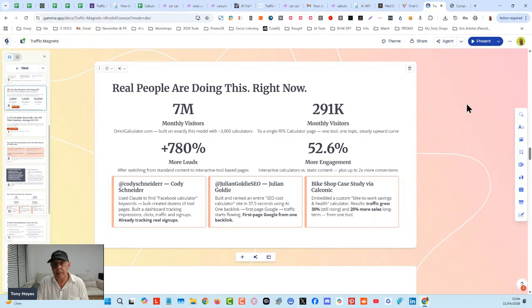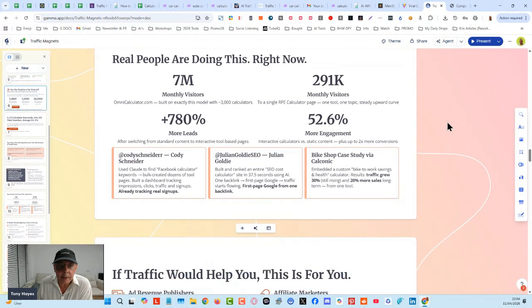The same thing can be done with these kinds of calculator tools. The same exact thing can be done just by monitoring what people are talking about, what people are actually doing, and finding things that are working. We can build little tools around those as well, via calculators. That's basically how the traffic magnets idea resurfaced. It came from seeing this again and again from my social listening system.